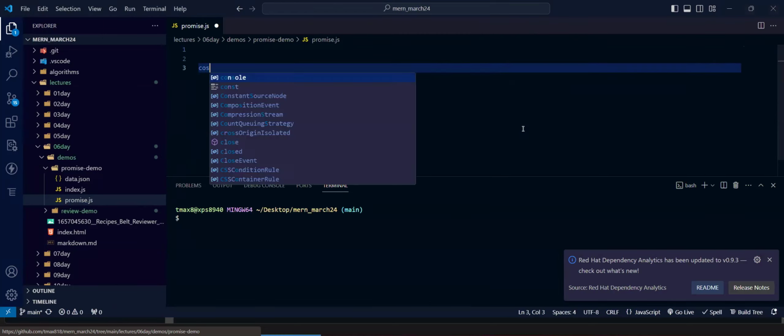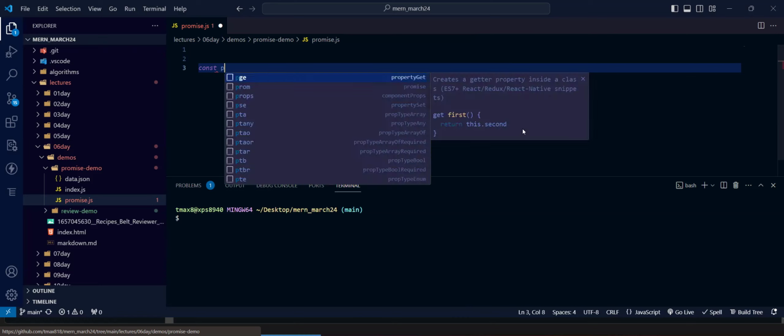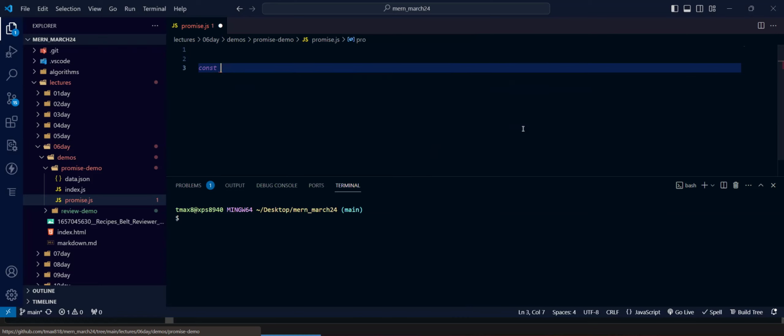Okay. So I'm going to make a promise, or my created promise object. So I'm going to say const. So I'm going to make two promises. I'm going to make a promise that resolves and a promise that rejects. Okay, so promise, let's say, promise resolve.